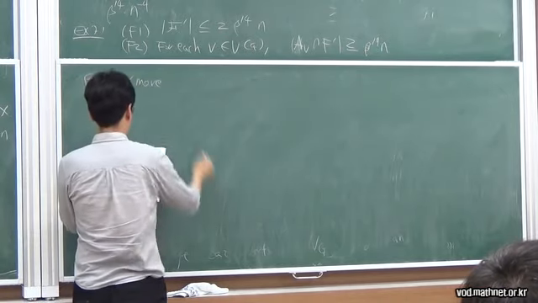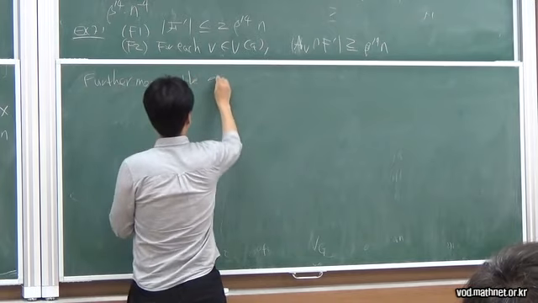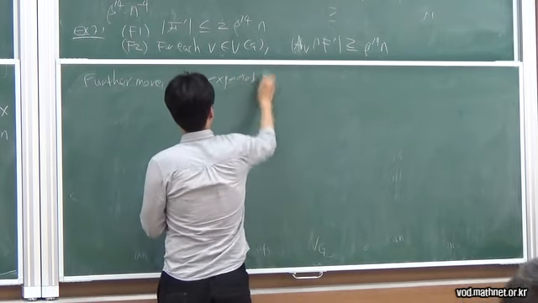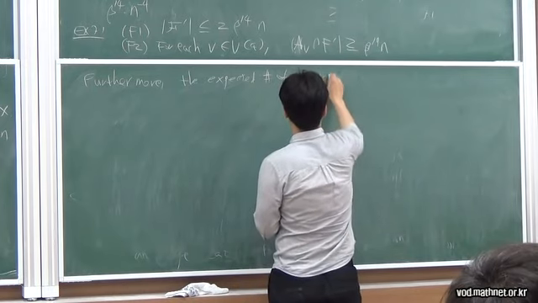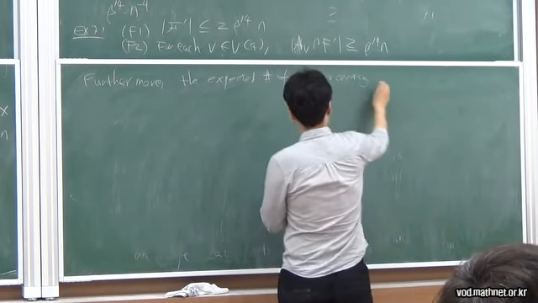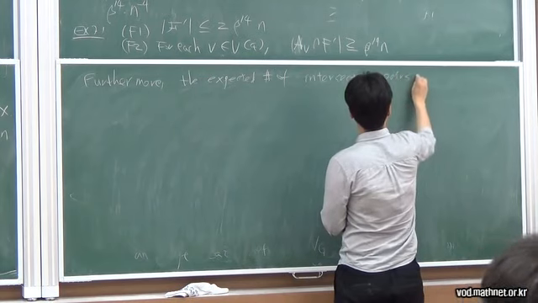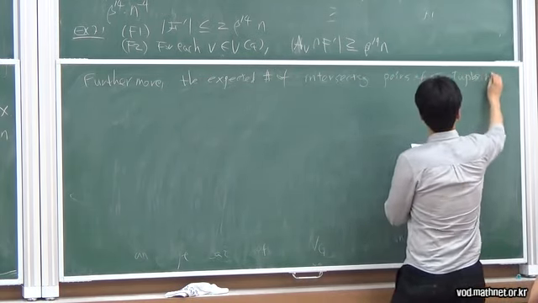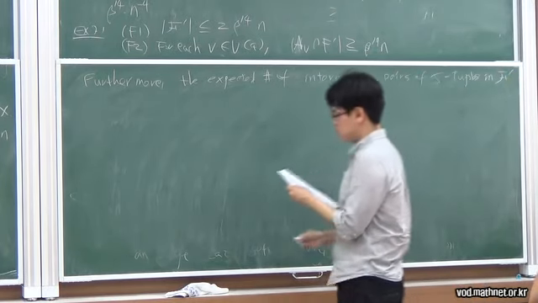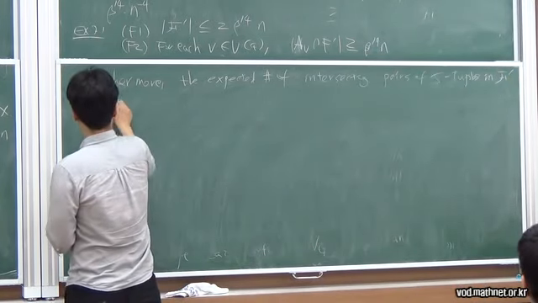So furthermore, the expected number of intersecting pairs of 5 tuples in F is at most